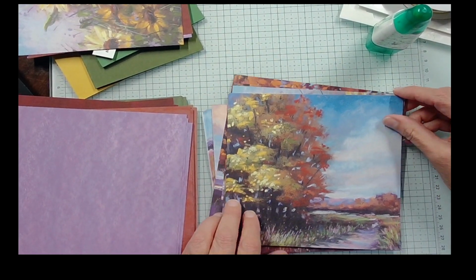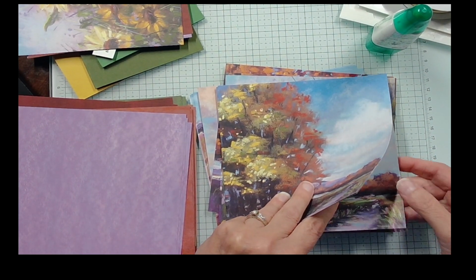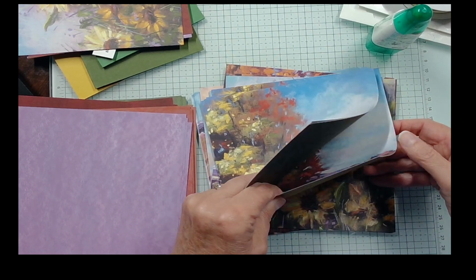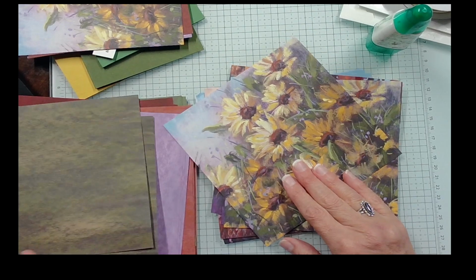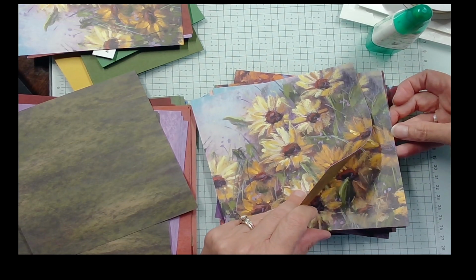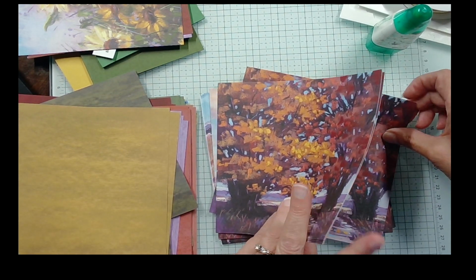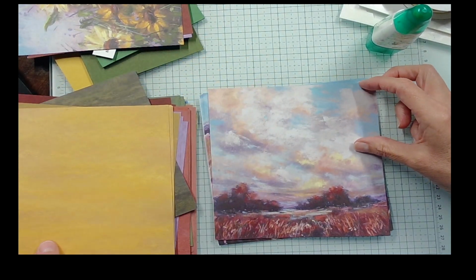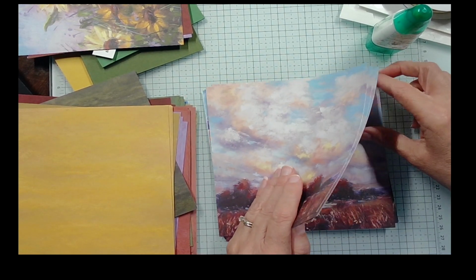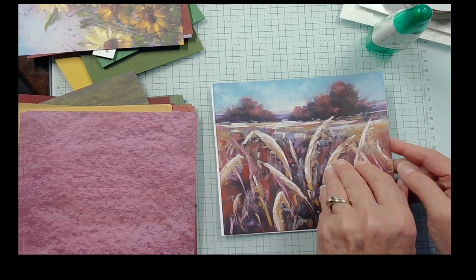Then we have this one. Another little path here. And the back side of this is this green. And we have some beautiful sunflowers with the wild wheat background. We have some fall colors and some trees with the crushed curry. Here's another one with a beautiful sky. And that one. And then we have some,